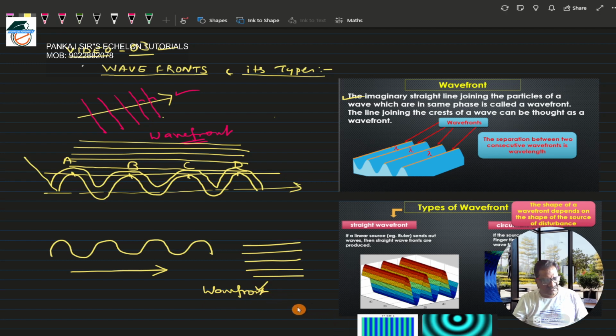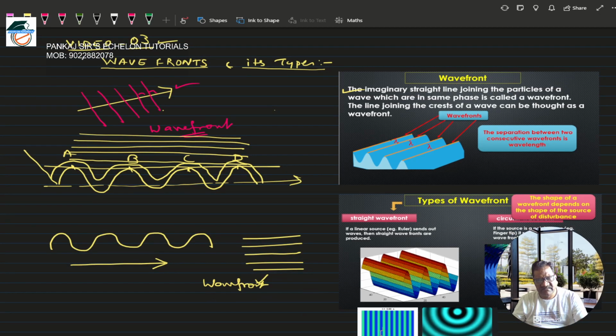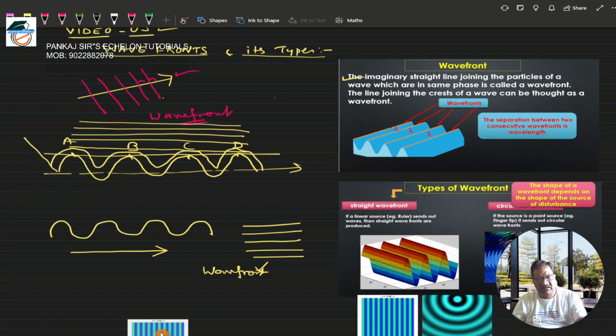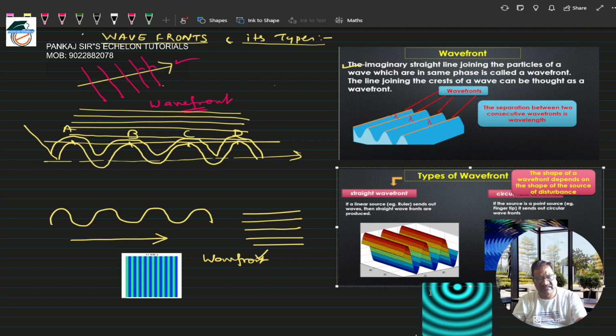Okay, now can you see this particular example on this slide? This is an example of a straight wavefront that I have drawn already over here. Can you see? What I have drawn is the same as this. Now this is the picture of the wavefront that you can see when you create a straight wavefront in a ripple tank. So on the screen below the ripple tank you will see such a picture. So this is an example of a straight